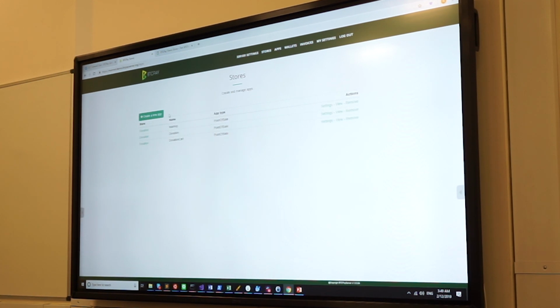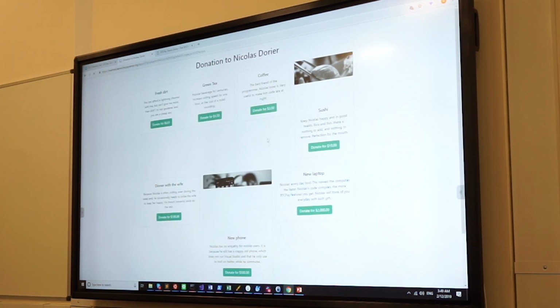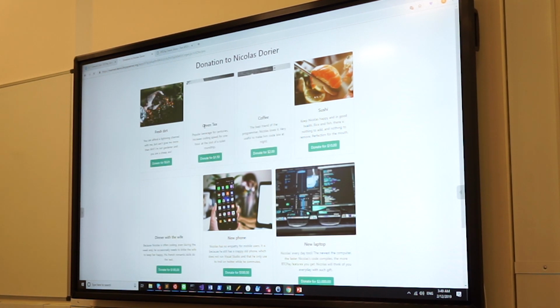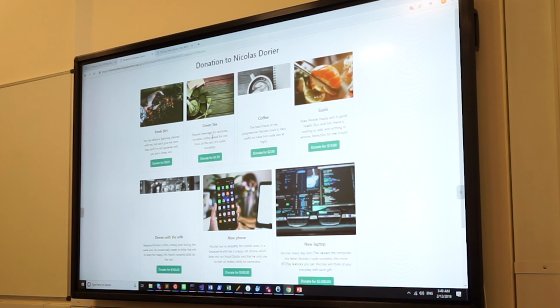So right now there are two different types of apps that are directly coded into BTCPay. One of them is the donation app. So for example, I have my donation page here. Here's how it looks. You can very easily do a donation page like this. So whatever you want to send, you just click. So for example, if I want coffee,